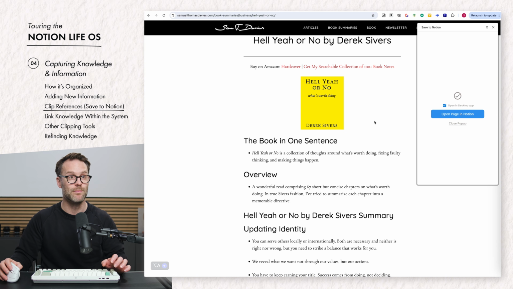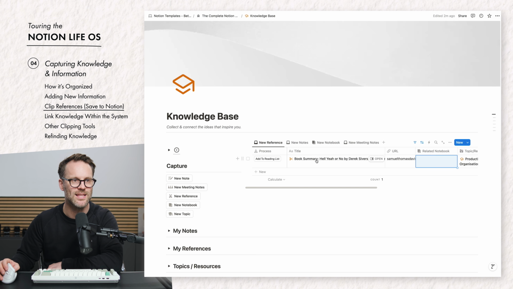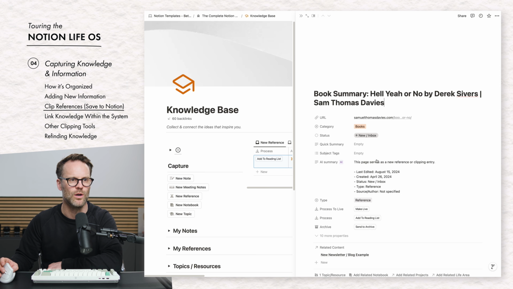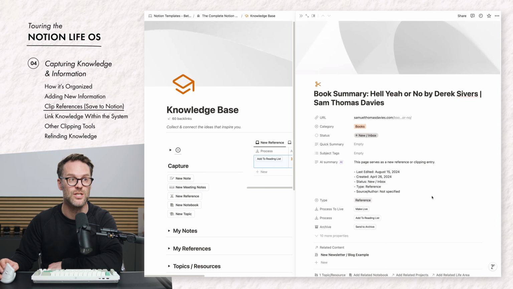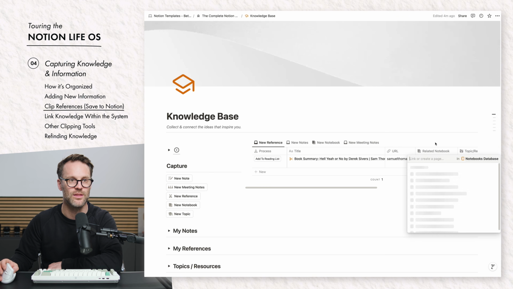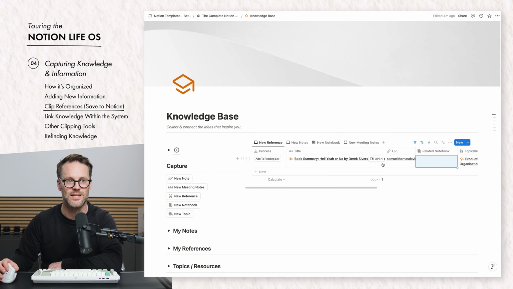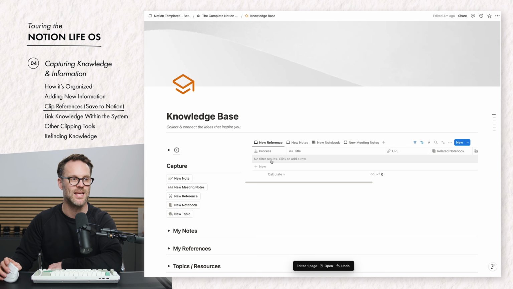You can go and view it, but even better, if we now jump back to Notion, we can see that the item has been added into the system. And if we open it up, we'll also see all of the information dropped in on the page. Now that is super powerful stuff. You can link it to anything you need, but it's pre-formatted all that information, which I think makes a massive difference. And I can jump back to it, add it to my reading list,